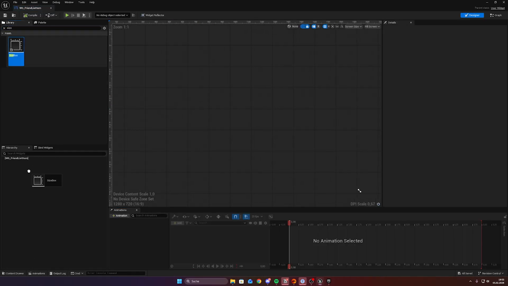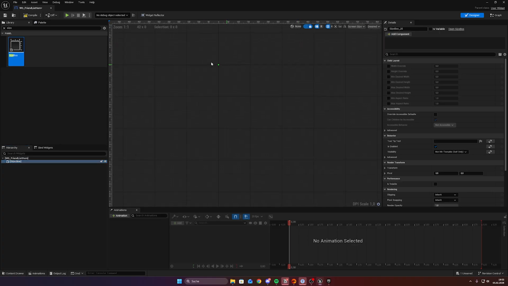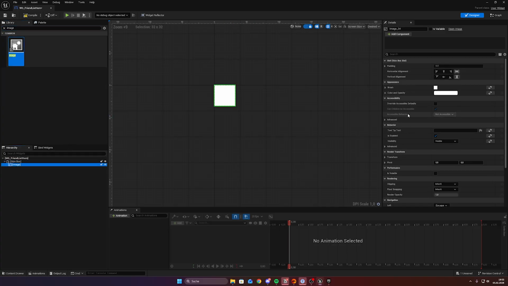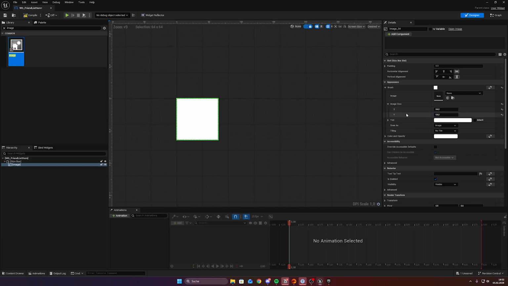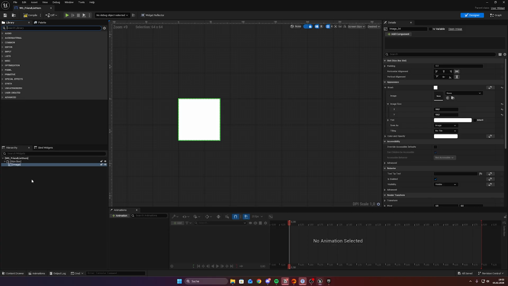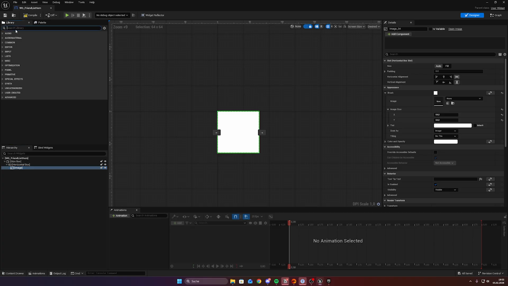We will start with a size box and go over here and hit desired so it does not fill the screen. And what we're then going to do is create the image, and for the brush and image size 32 by 32 is a little bit small, I think. 64 by 64 might work. And then we're going to right click on that, hit wrap with a horizontal box,